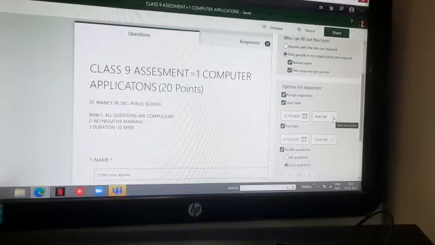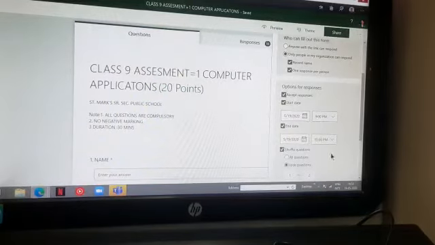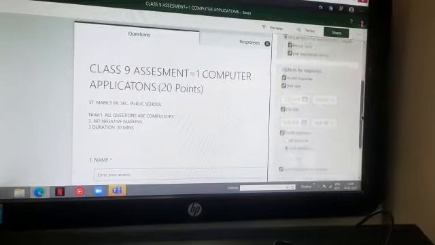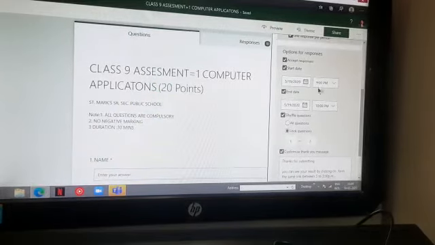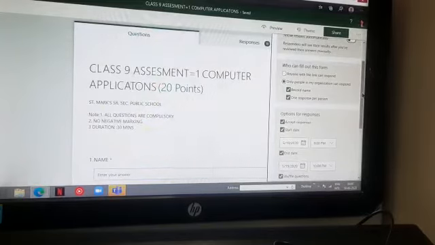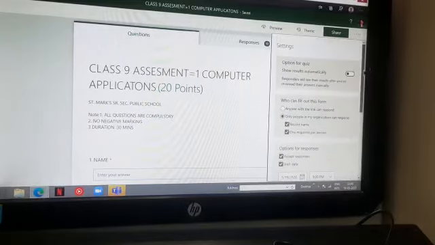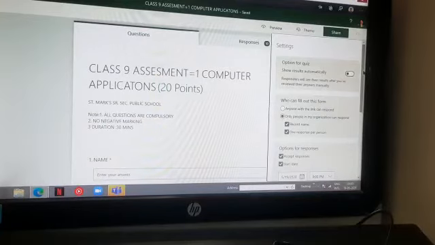Which means the assessment starts at 9. So see to it that this is set at 9 p.m. One response per person. And this, if you are able to set, it will already be set by the teacher. You have to just check whether these things are proper or not. In case it is not, then you can change the things. You are the owner of this form and you can change the things. So kindly check before giving the link to the children. Open the form for yourself.